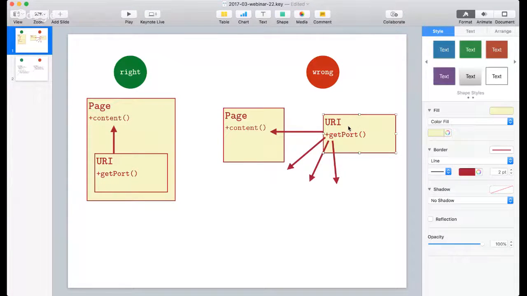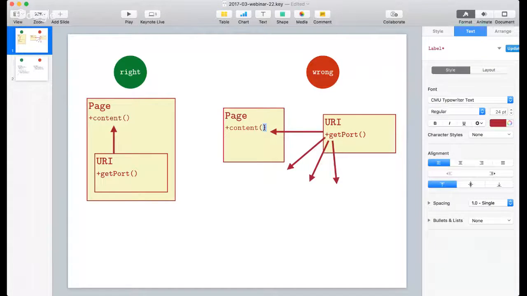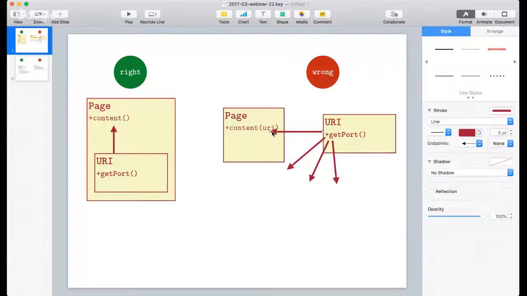So here's the class, here's the object of class URI, and then the method get port. And then let's say we have a page which wants to load the content of this URI.